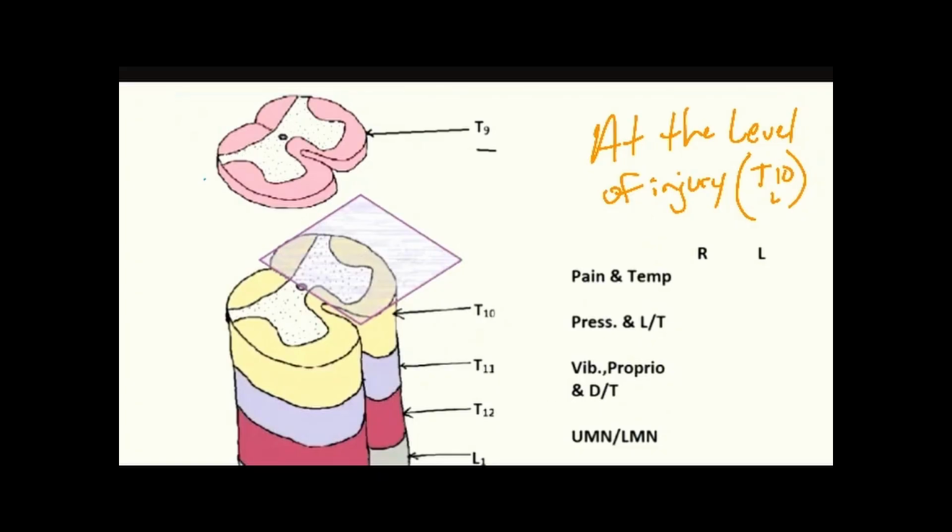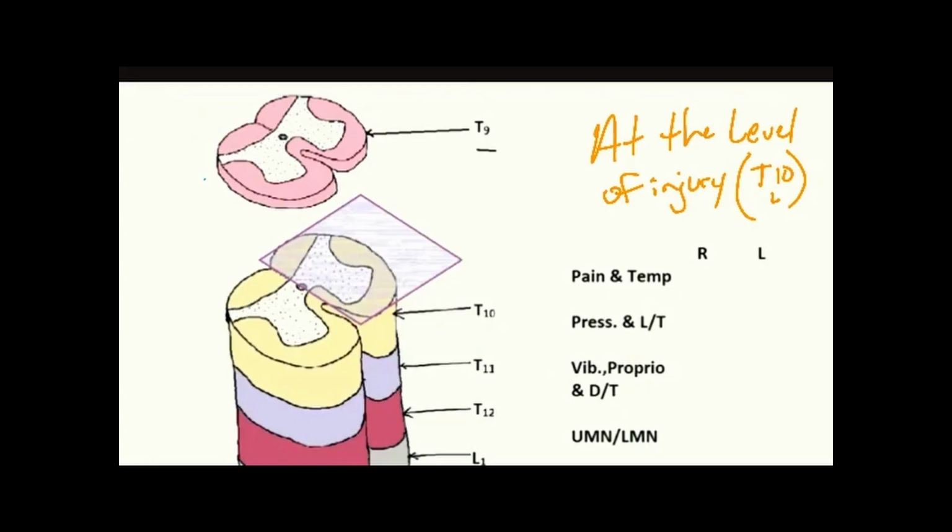Think about it. What's the dermatome for T10? Where does it go? If this was L4, and I talk about L4 having a problem, where does L4 go? What's the reflex for L4? What's the muscle group for L4? You see where it's starting to come into play, where you know where the injury is. Know what motor groups are fed by that nerve root. What dermatome is that nerve root? And you see where the problems happen. So at the level of the injury,